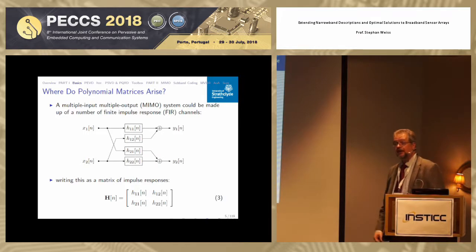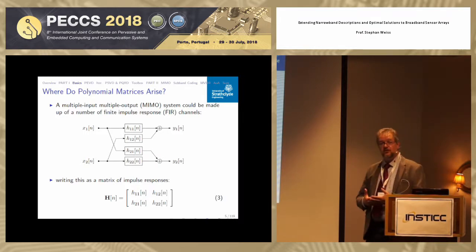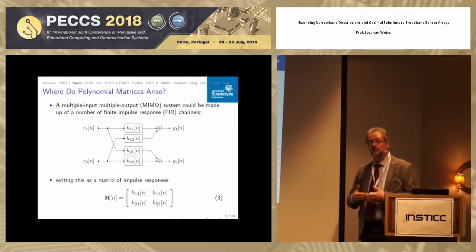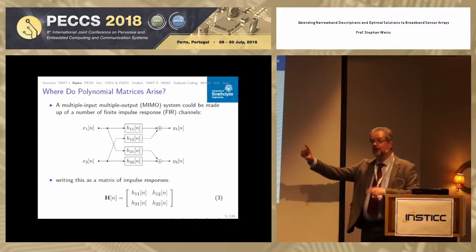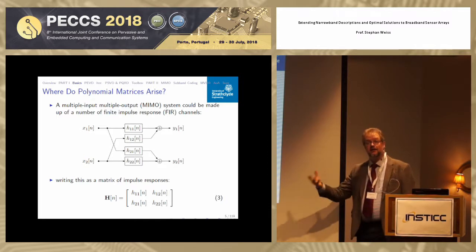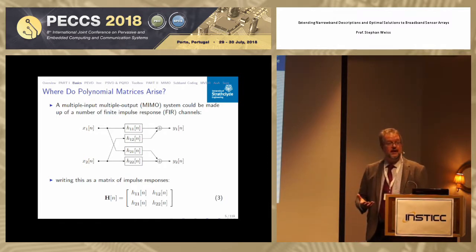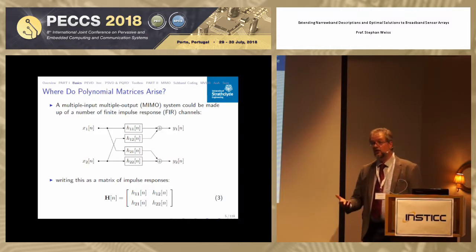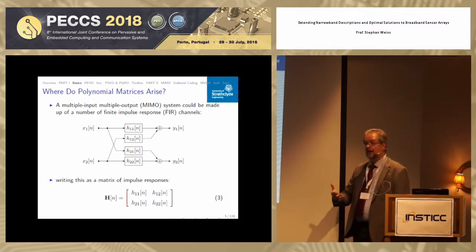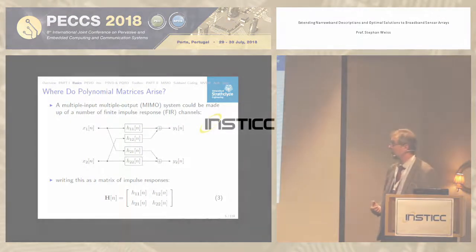Now, if you, for example, think about a communication system, if you deal with MIMO communications and you do a channel measurement, then you might have, for example, 2 transmit and 2 receive antennas, and the channels that you span between these pairs of antennas are generally FIR filters. They're not just a narrowband system, they're representing an impulse response. So what you could do is you could take this matrix and basically write these impulse responses